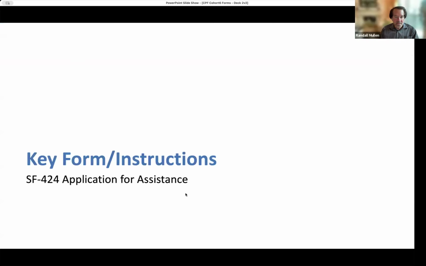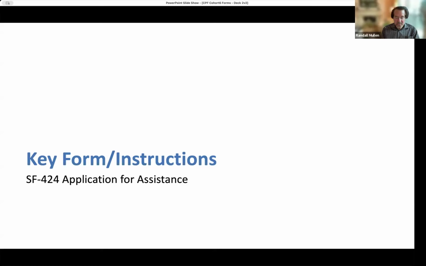And we will continue now with the first part of this presentation, which concerns the key forms and instructions, beginning with the SF-424 application for assistance. And I want to make a few points before I actually begin sharing the following slides with you.